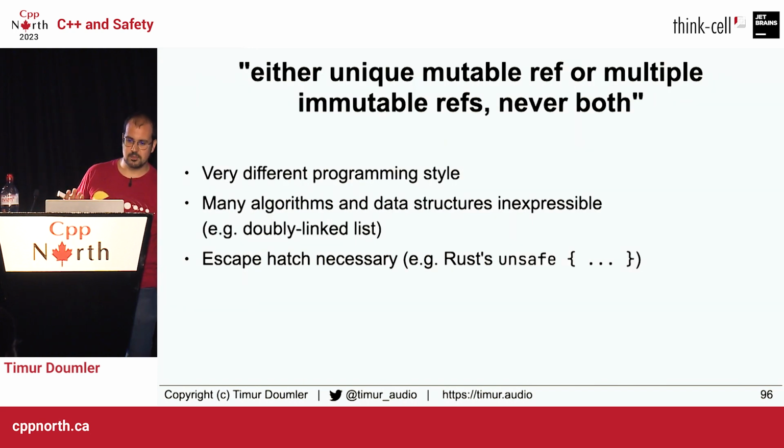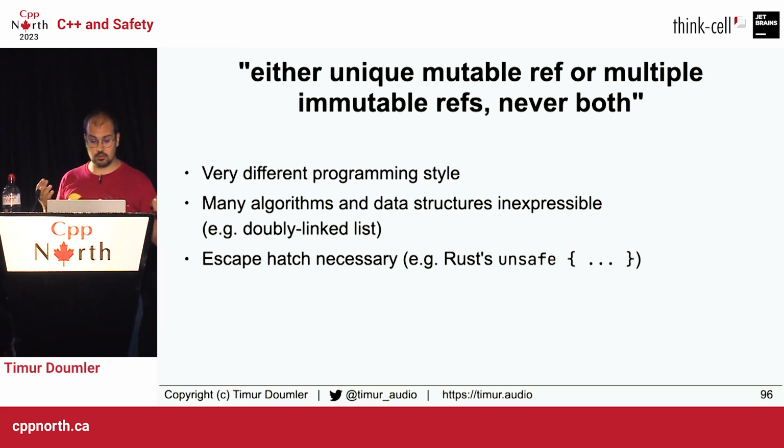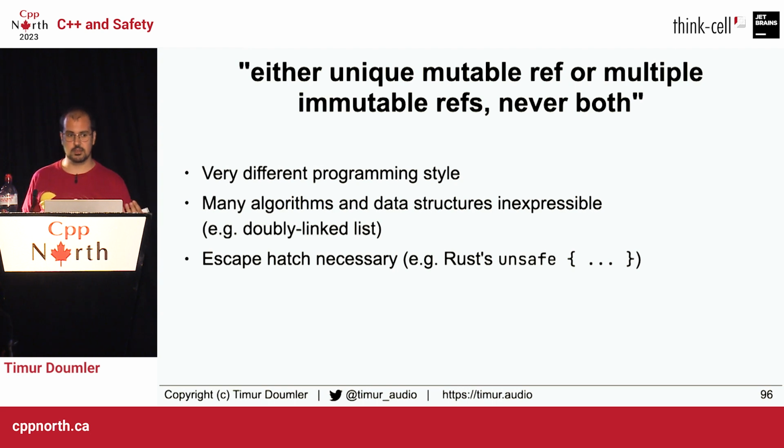Like this is kind of the mantra here. Either you have one unique mutable reference or multiple immutable references, never both. But if you've ever written Rust code, it leads to a very different programming style. And just like we saw with the bounds safety stuff, many algorithms and even data structures become inexpressible. So, for example, if you have this rule, you can't write a doubly linked list, because in a doubly linked list, you have two mutable references to the same node. You can't have that, right? So in order to implement a doubly linked list, you need to have an escape hatch like Rust's unsafe